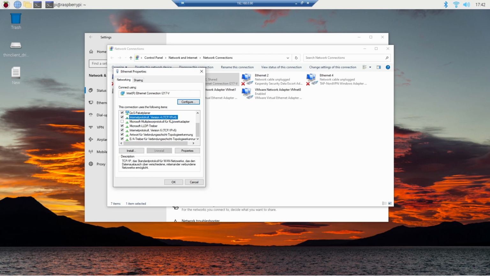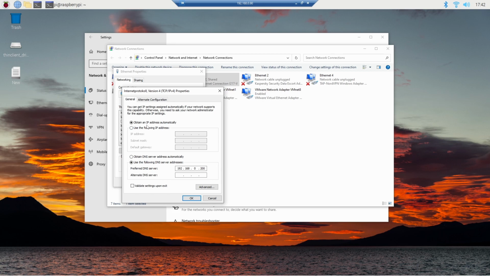For me, so you see this IPv4 and this IPv6. Those are the two protocols that we're gonna need. We can just go double click on this. Then for you it should be obtain an IP address automatically and obtain DNS server address automatically. I have already